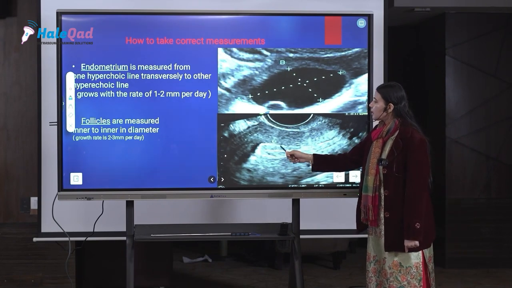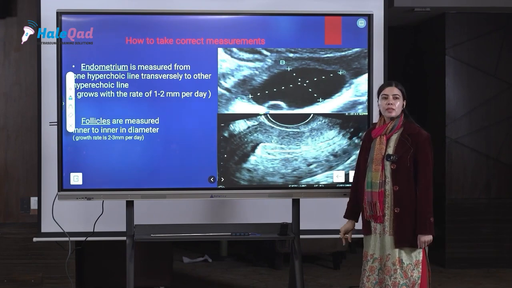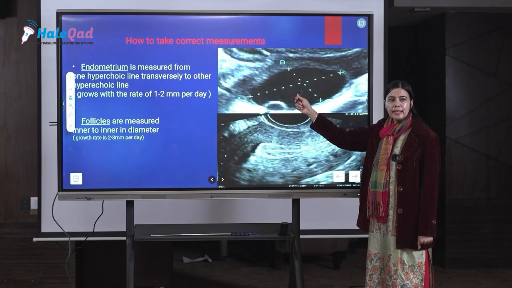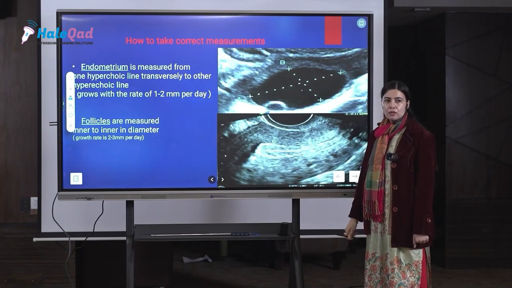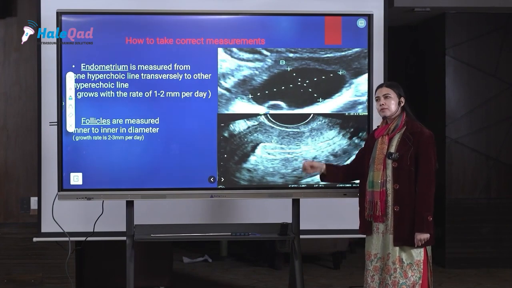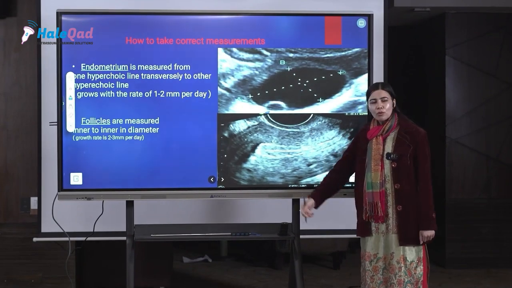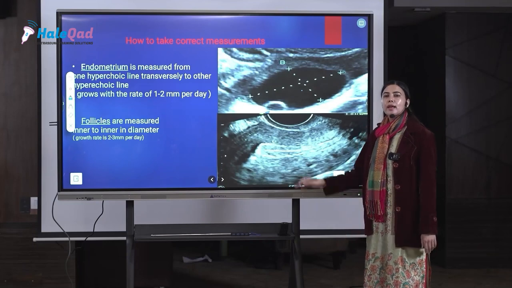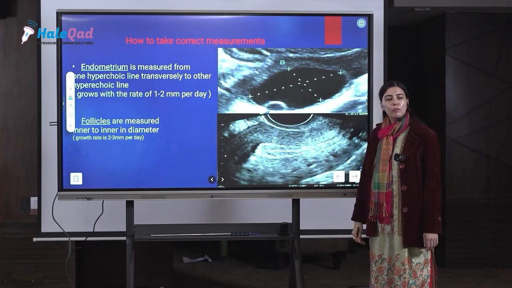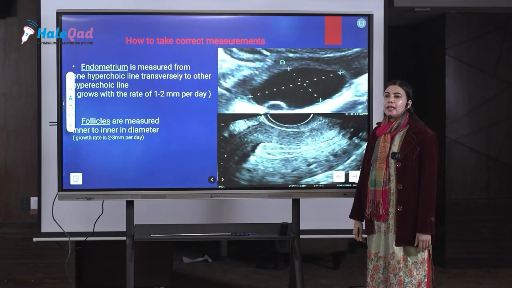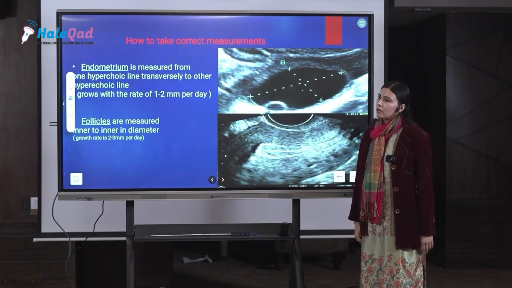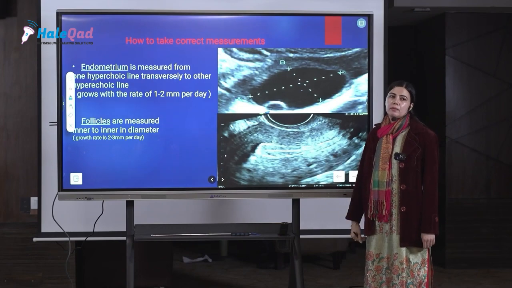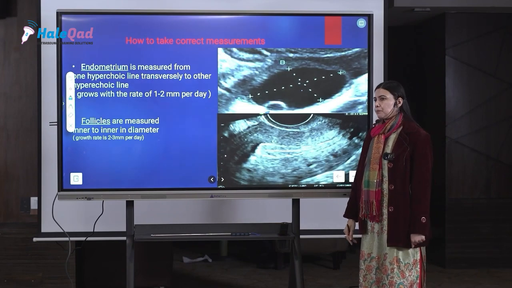Measure from here, this is done. Don't forget this. This is the seed. The seed which is getting formed. This is the soil. So both are equally important. At times only the follicle is seen. Where do I look, where is the follicle? Not even having a look at the endometrium. I am not bothered. Such a good follicle, 19 mm, it's done, great. Now I am stimulating. I am giving the trigger. But your endometrium is hardly 5 mm. You have not worked on it.